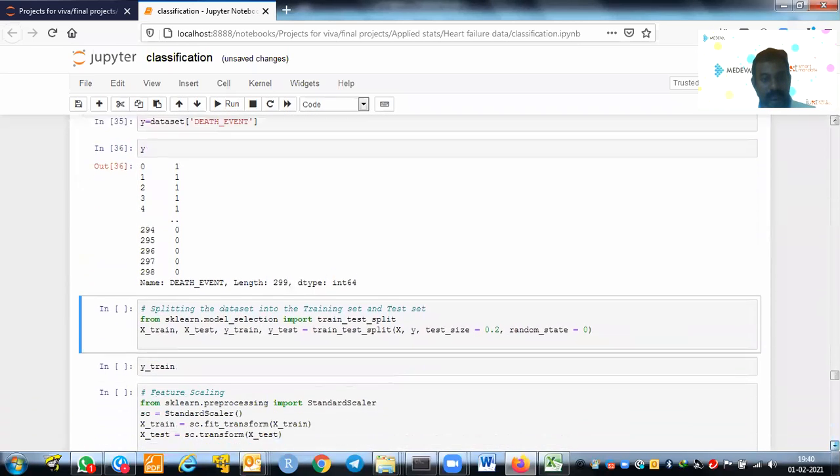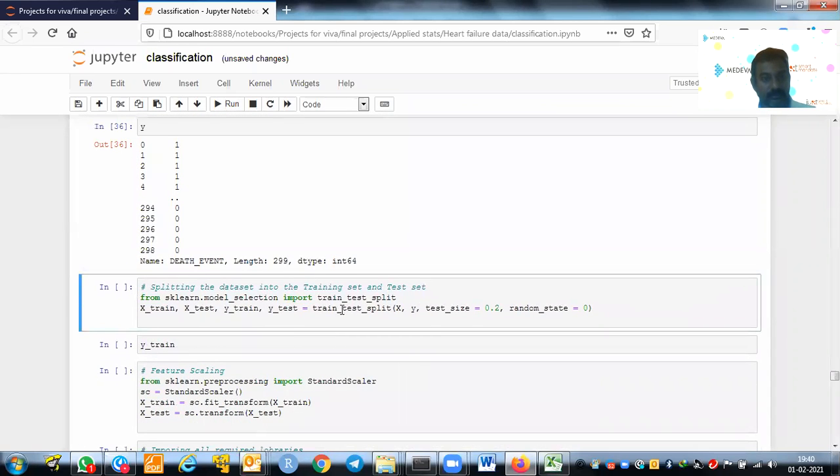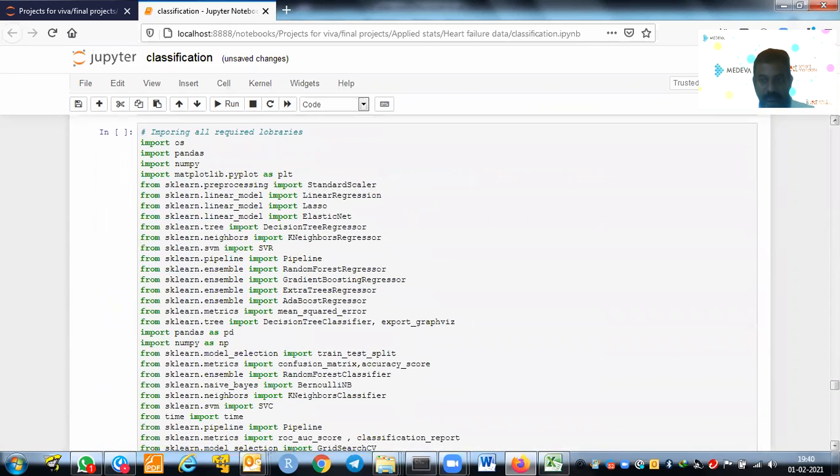Now you need to basically train and split your data. You need to train and split your data. That's what you are doing, train and test. Because here,